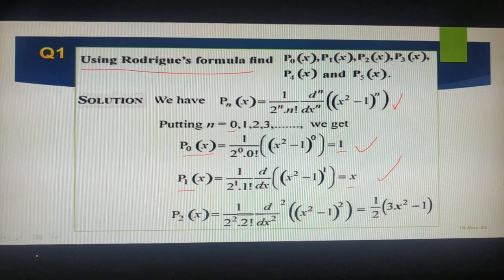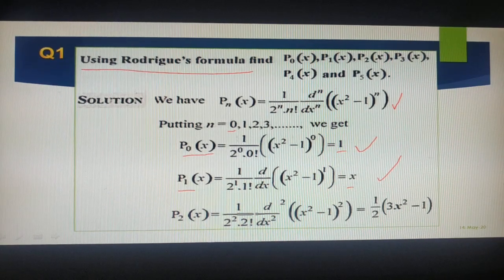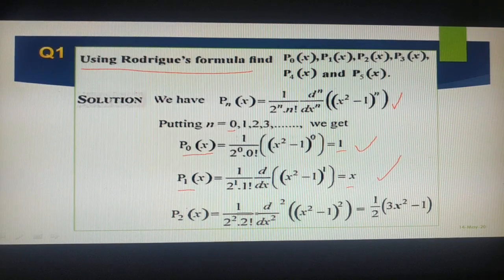Here P0 of x, P1 of x, P2 of x, all these represent Legendre's polynomials having a special feature. So you know what is the meaning of special feature here? In place of x, if you substitute 1, you will always get the result of the polynomial as 1. You can check it now also. So here P1 of x, if I substitute x equal to 1, of course you get 1. Let us see the same technique in our next order.